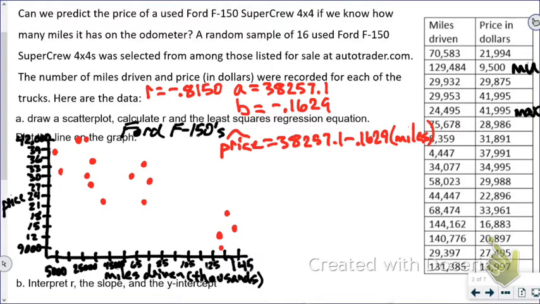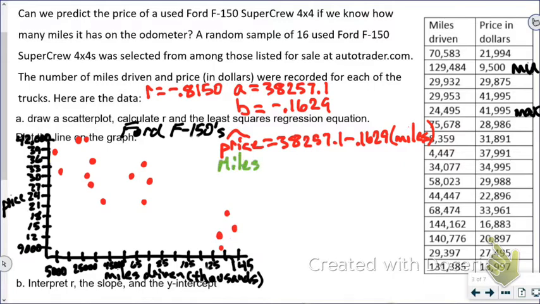In the previous video, we plotted the least squares regression equation. Now we're going to define, as you see in part B, we're going to interpret and define R, the slope, and y-intercept. So R, you should be pretty familiar with that. We've already covered that. So R being negative 0.8150, I'm going to say